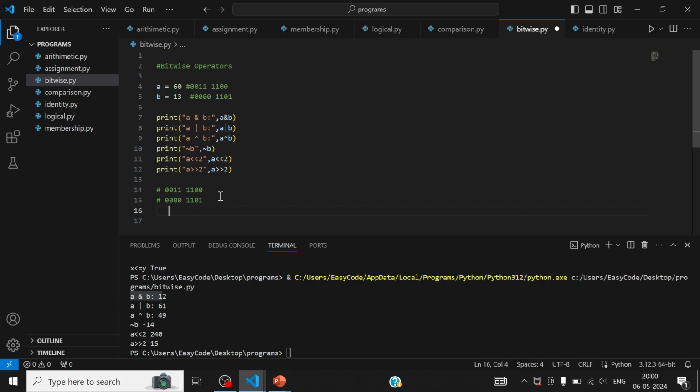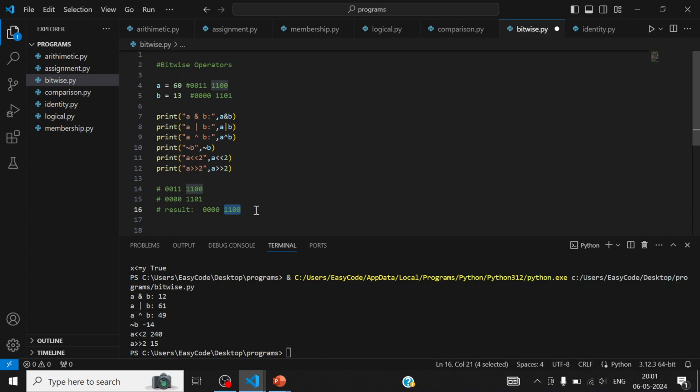In AND, 0 and 0 is always 0, again 0, and in the AND operator if both values are 1 it will be treated as 1, again 1, 0, 0. So if you check this result, the output is 12, and if you calculate 00001100, it is also 12, which is correct. Another one, they are doing OR in a similar way,